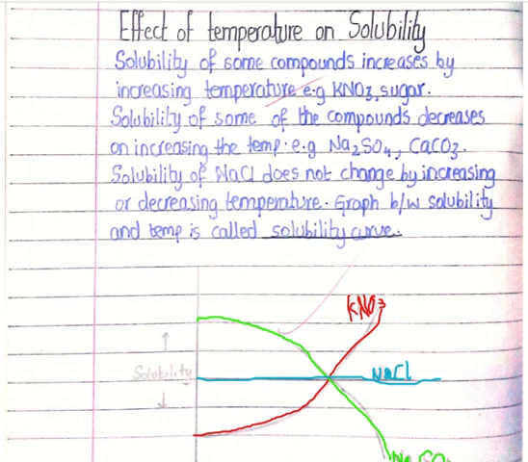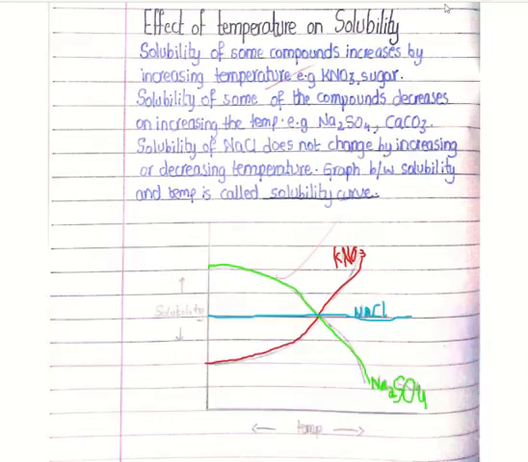In these cases, when the temperature is increased, the solubility increases. It means there is a very direct relationship between the temperature and solubility. You can clearly observe it in a graph in the form of a rising curve. This graph shows the variation of solubility with temperature, in which we have plotted the temperature on the x-axis in the centigrade scale and the solubility on the y-axis, and the solubility is mentioned as grams of solute per 100 grams of solvent. You have studied it in the previous lecture.